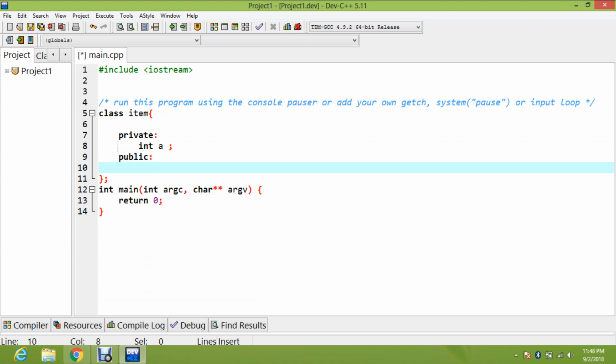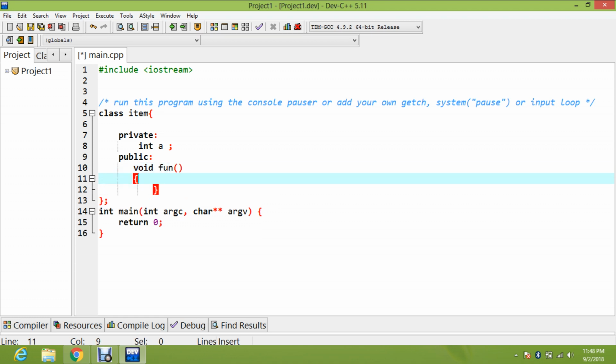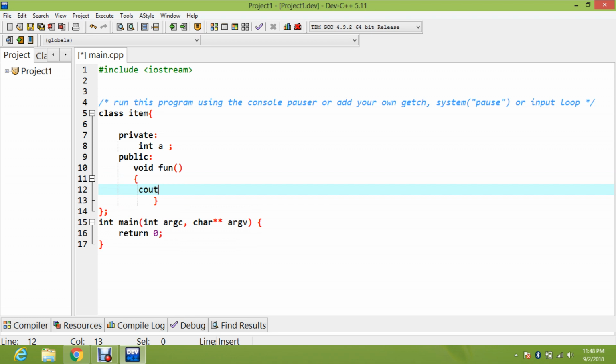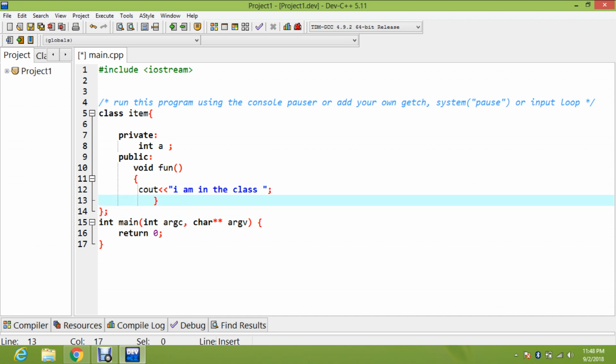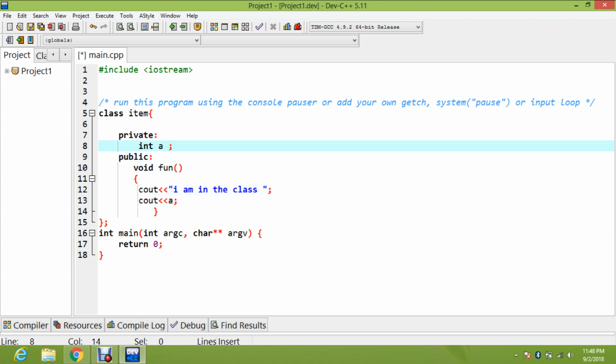and I just write the definition of the function, void fun. cout, and I show the message "I am in the class". So this is the end of this function, and cout a value is 10. So this is the class, and I write the function under the public, and this private means